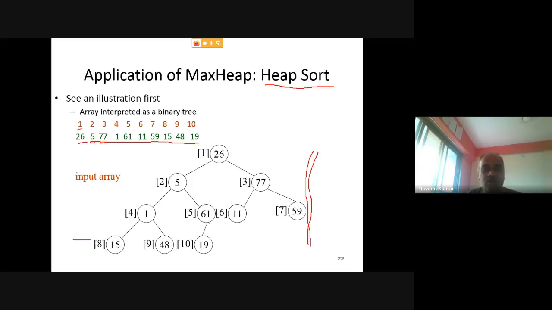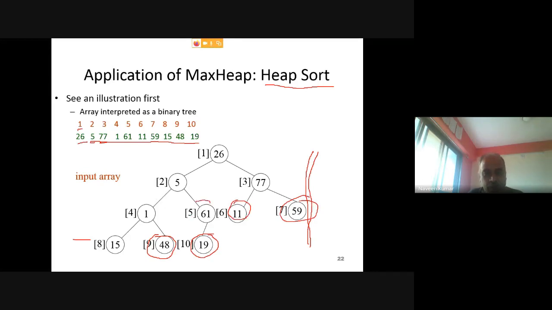But how can you convert a given array into a max heap? In general, you need to start creation of the max heap from the lower side. First create a max heap at this node, then at this node. Consider this as a subtree. A subtree containing a single element is always a max heap. This is again a single element, so always a max heap. This is also a max heap, since it is a single node.